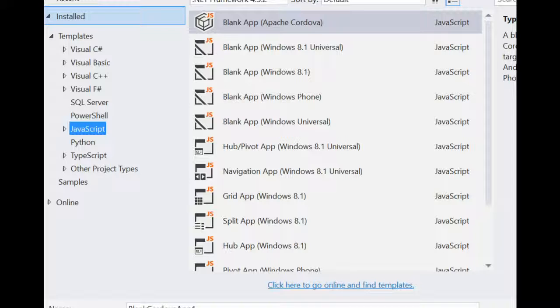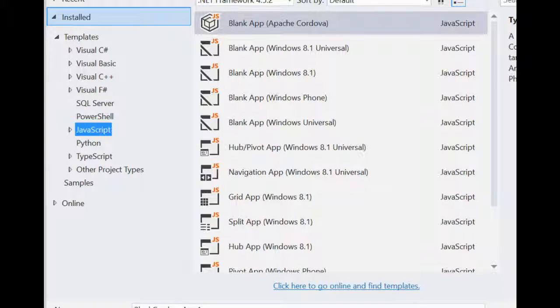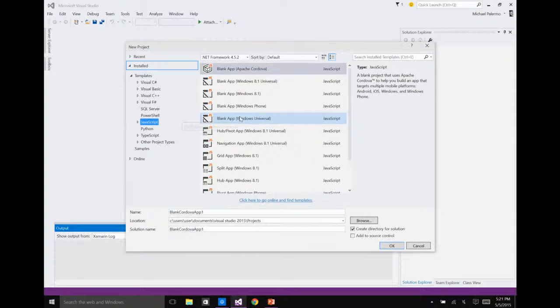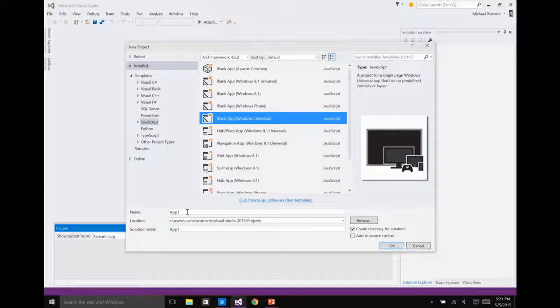But one universal is not like the other. So it's very important that you choose the one that does not have any 8s in it. Or else you're not really universal, like today's universal, if you know what I mean. So the one that I'm going to choose, and I'm just making this explicit for your sake, is the blank app Windows Universal. That's how we call it now. So I'm going to click that. I'll call this thing Storify app